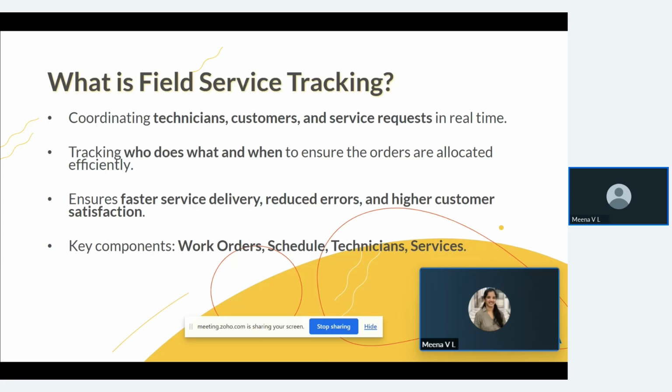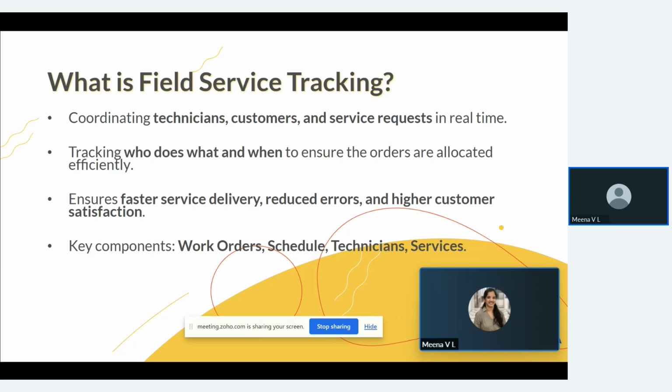So how does this app work? Initially we receive the work order, and as soon as we get it, a code runs in the backend to check the technician's time, whether he is occupied at that time or not. If there is more than one technician, I will check the load, how loaded he is. Based on that, I will assign the technician through the code itself. This is the automation I'm talking about. The code itself checks all this and then allocates the technician. Then you have the technician in action at the service place. Once he has done that, he will come back and update the work order record with the completion status and time.